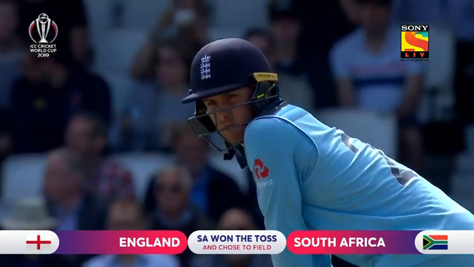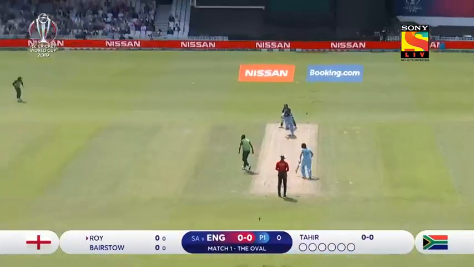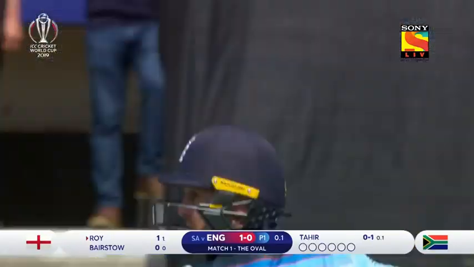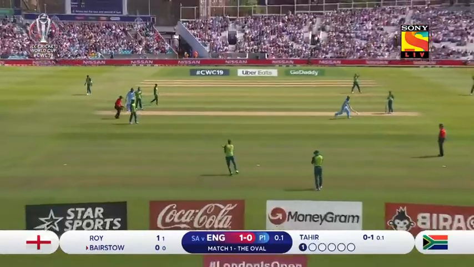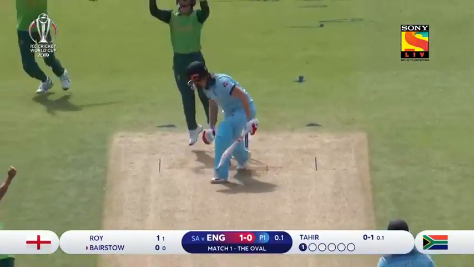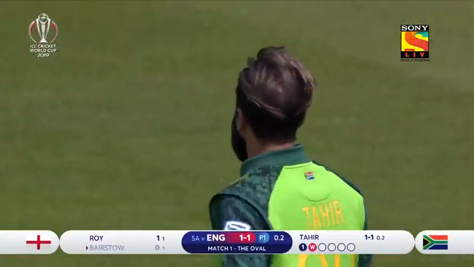Let the action begin. 2019 Men's Cricket World Cup. Straight away, Jason Roy off the mark. And we might have a buzzer. No, they're going to send Bairstow back. Just clip the bail. Oh yeah, I think he's got him. You beauty, and he's off. Look at him go. Imran Tahir, early celebrations in this year's World Cup. And he's pumped, and he deserves it with the new ball.